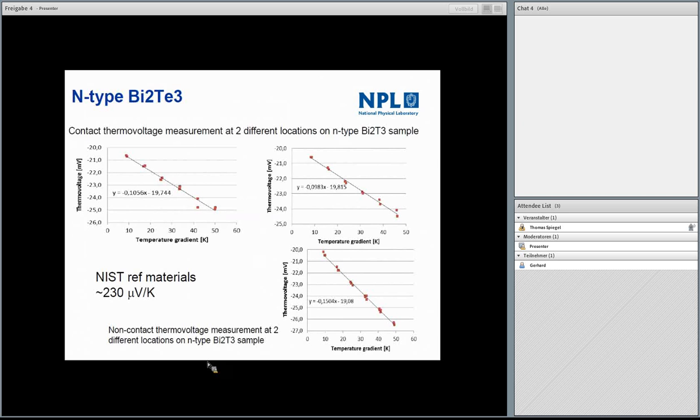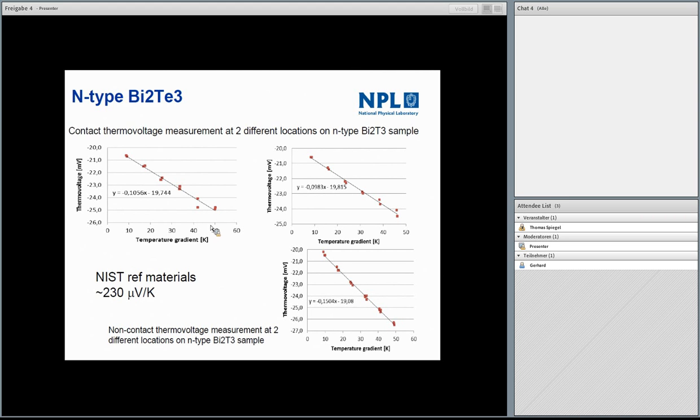We first used the N-type bismuth telluride sample. It's provided by NIST as a reference material. That's one measurement we have managed, and what we are interested in is reproducibility. So we have done a series of measurements. I'm just showing a few of them here. Essentially, we measure directly the temperature gradient and measure the difference in voltage between low temperature gradient and high temperature gradient, and compute the slope to see what the Seebeck was, and we have a value of about 100